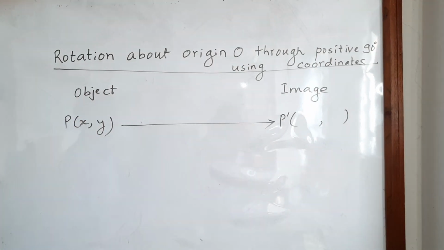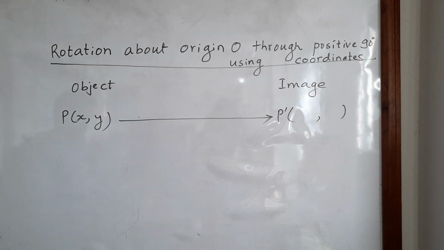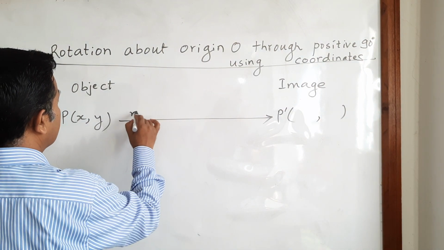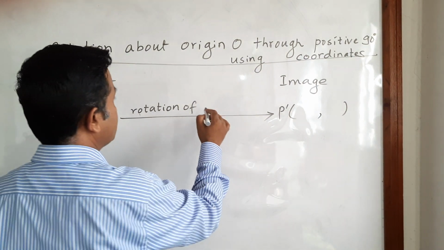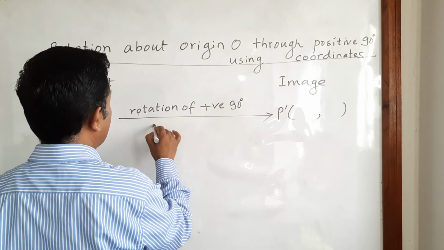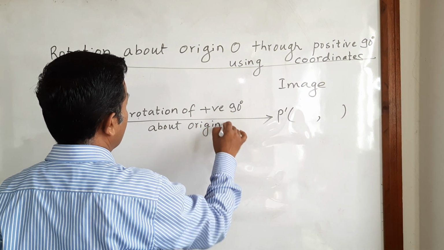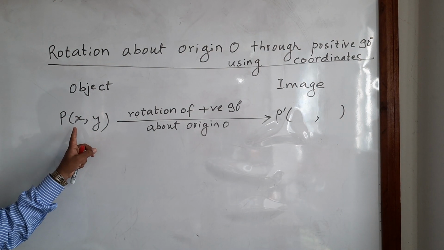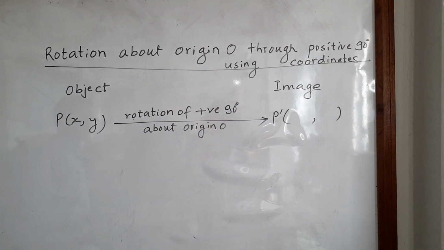So to get the image after rotation through positive 90 degree, rotation of positive 90 degree about origin O, to rotate this object point P(x, y) about origin O through positive 90 degree,